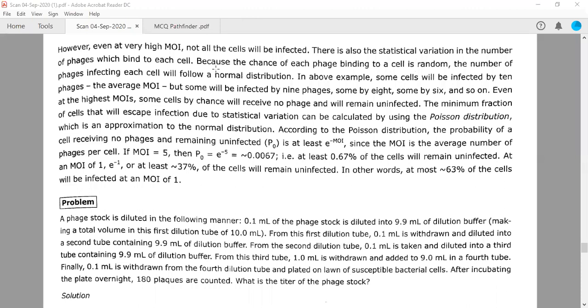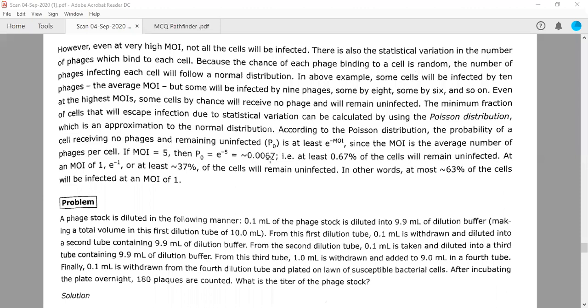Okay, so you need to find out this value, this P naught, which is actually e to the power minus multiplicity of infection. So suppose you are having 5 multiplicity of infection. So we have calculated in our last problem, right? So if you are having 5, you know there are 5 viruses available to infect each bacterial cell or the host cell. Then you need to count the P naught. Okay, so this P naught value is actually e to the power minus MOI. You will put minus 5. E to the power minus 5 is actually something around